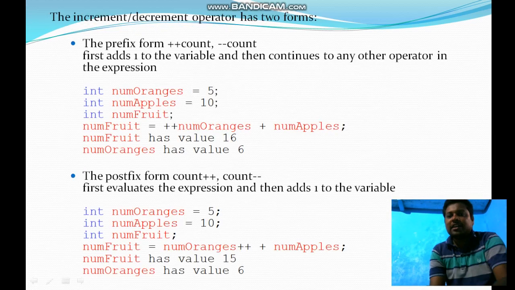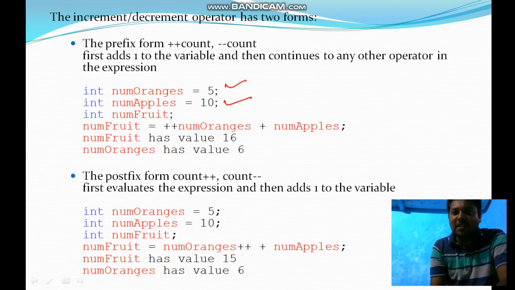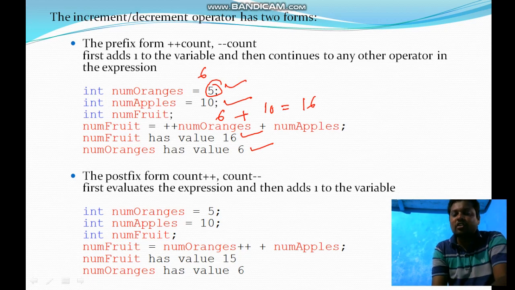Next we will see what the prefix form is. Plus plus count and minus minus count, how will it work? We'll solve one expression here. For example, number of oranges we assign 5, number of apples 10, and plus plus oranges means first the value will be incremented to 6, after that the value is assigned, so 6 is assigned, plus number of apples, 10, so the total is 16. So here number of fruits is equal to 16 and the value of oranges is 6. Okay, now we see what about postfix. So number